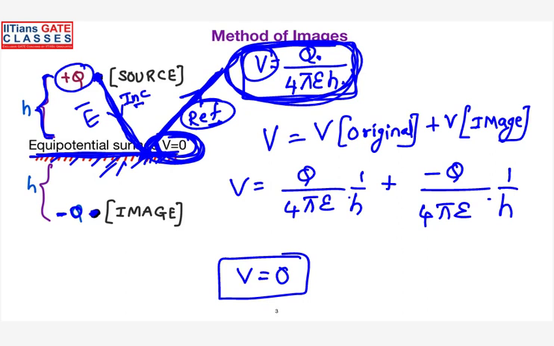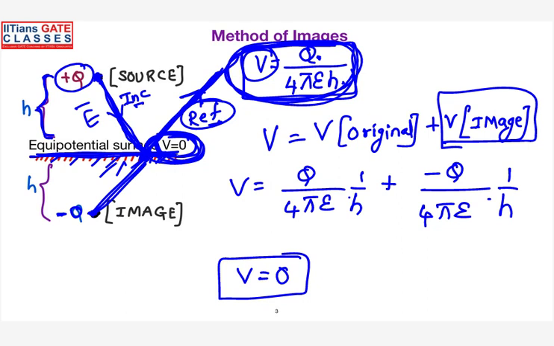Yes, you can ask questions. Yeah, hello, sir. Yes. The source, we don't need to consider the electric field for the virtual source? No, that's what I was just writing. I have been considering the electric field equation only for the calculation of potential. That is the reason why I have considered here the potential of image. The potential due to the image source is contributed by taking into account the reflected wave. Clear? Yes, fine.